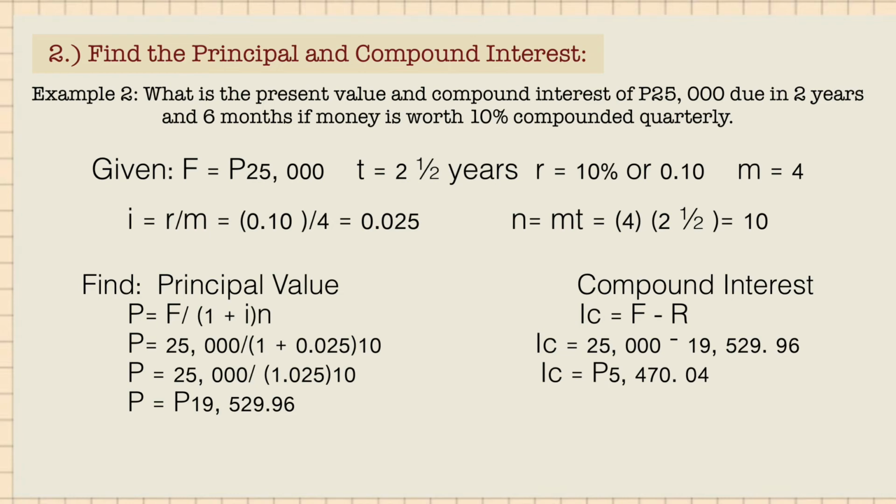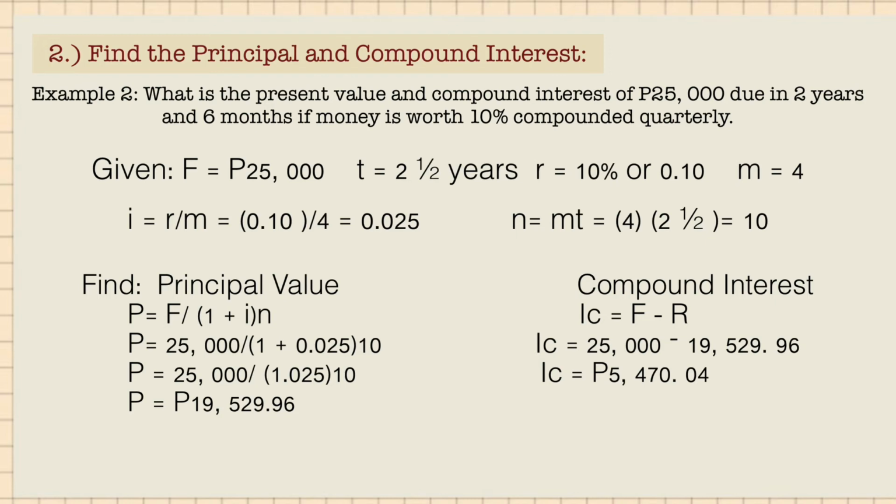We are to find the principal value, so we have P is equal to F multiplied by 1 plus I, close parenthesis, raised to the power of negative N. In some sense, another formula, which is F divided by open parenthesis 1 plus I, close parenthesis, raised to the power of N, would also give the same answer. Substituting the values, we have 25,000 multiplied by 1 plus 0.025 close parenthesis raised to the power of negative 10, or 25,000 divided by 1 plus 0.025 close parenthesis raised to the power of 10. We get the answer of